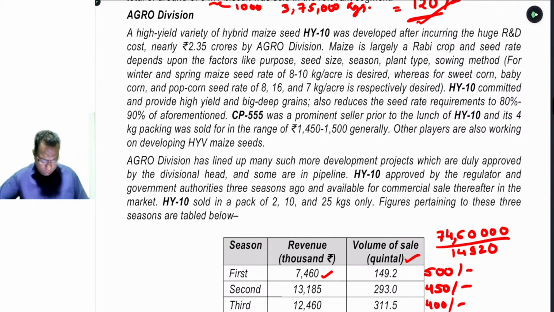Yes, beta, very good. Jyoti, Geeta, Kalidas, Dikshit, yes, this is skimming pricing strategy, and definitely it's an appropriate one, because to recover the high R&D cost, we can go for this option. There are many online development projects going on in our organization, which will also be launched in the near future. In the initial period, since the technology is new, yield is much greater than the existing seed. Therefore, we can charge premium pricing for the initial period, and then gradually we will reduce it. Okay, beta? Chaliye, very good, beta.